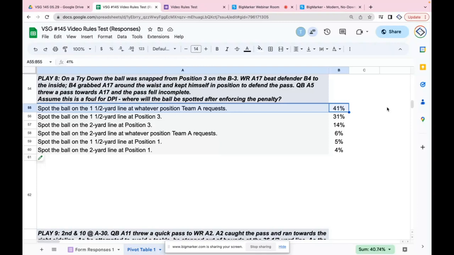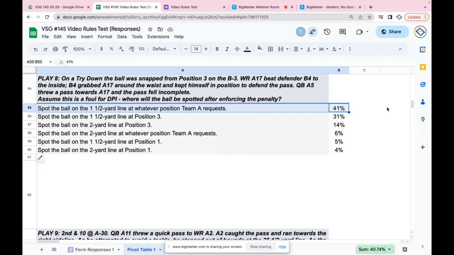Correct. Well, not only ball in hand, Brandon, we have to make sure, because sometimes we'll have a foul at position 5 and we snap from position 1 and we try to put it at the 2-yard line from position 5. We can't do that. And it's easy to get confused with that. We have to make sure we go back to the previous spot. And you're talking on non-try downs. Yes. This is very confusing. Let's all figure this out.